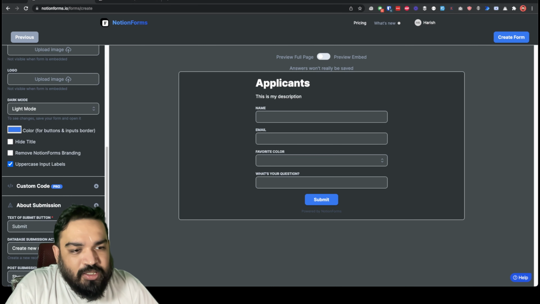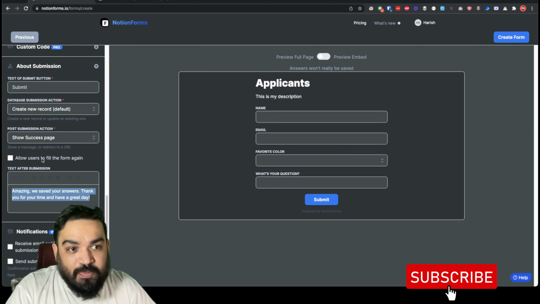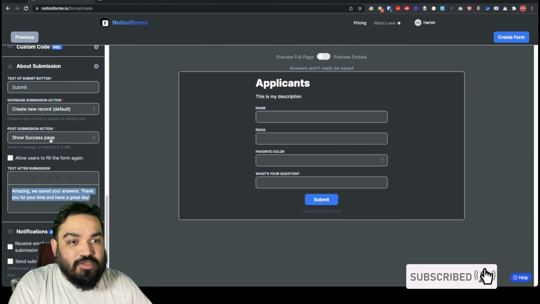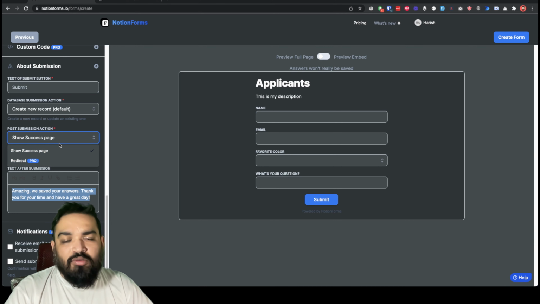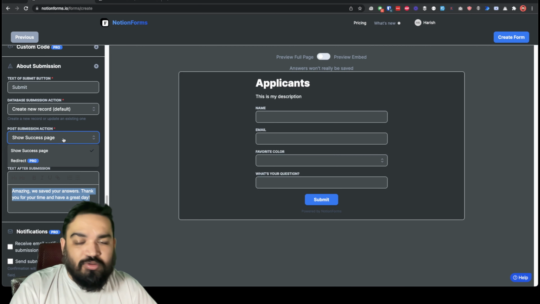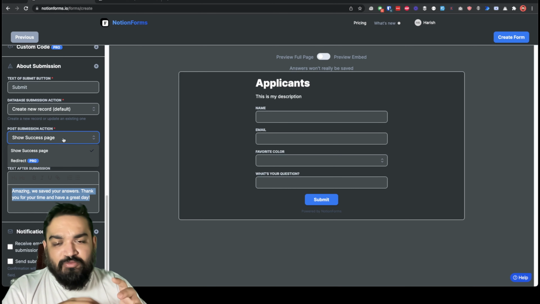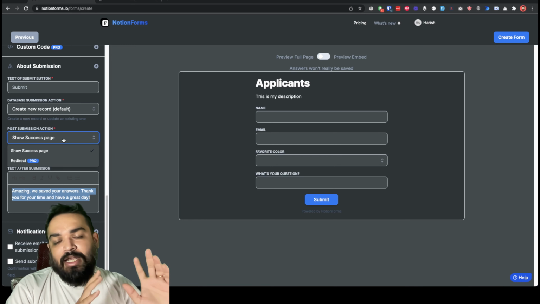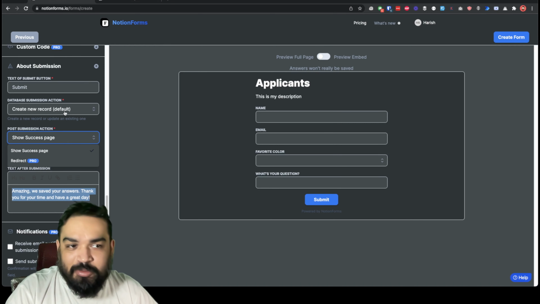But yes, once the submission is done, you can always show a custom text, which is not a pro feature, which really looks good in terms of a feature that is available for free users. And post submission, you can always redirect, if you buy a pro plan, to any specific page that you want the user to go to. Let's say, for example, you are selling a course, and the download files or the PDF files or whatever files you have for the course are available at a separate link. You can always redirect the user once they fill this form to that link, so that you make sure you get the lead also, and you can measure how many leads are coming in, right?